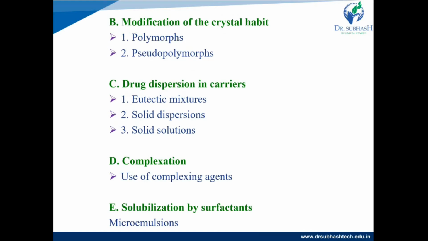In general, amorphous forms are more aqueous soluble than the crystal form, and where more than one crystal form exists, we call it a polymorph. In polymorphs, two forms are there, metastable and stable. The metastable form shows higher aqueous solubility than the stable form, because metastable forms have higher energy as compared to the stable form. Another one is the hydrates and solvates types.